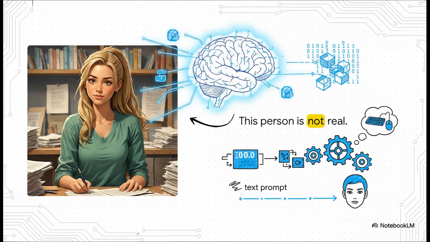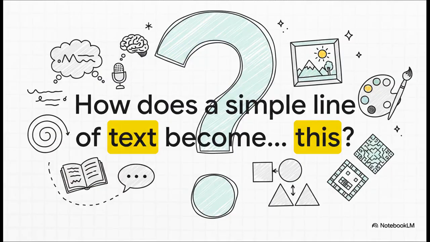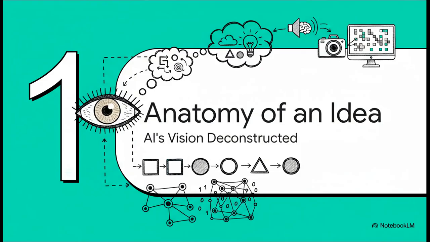I mean, it's a concept that's honestly a little hard to wrap your head around. So that's the big question we're diving into today, isn't it? We're going to unravel the whole fascinating process that transforms simple words into a detailed, coherent, and often really beautiful image. Okay, so first things first, we need to get a handle on how an AI sees the world,